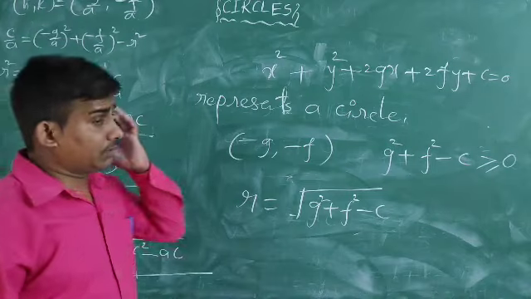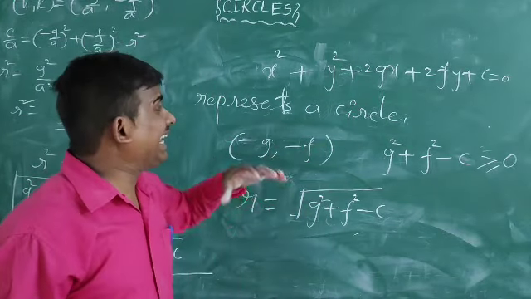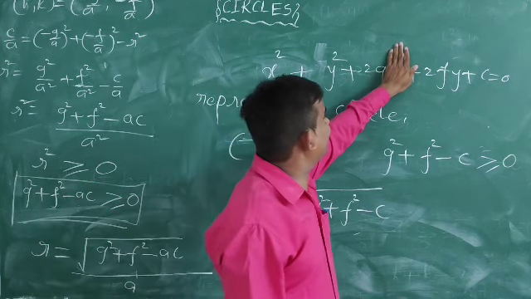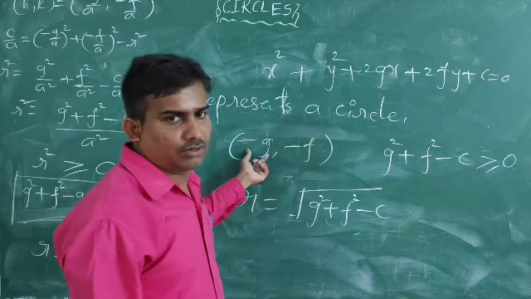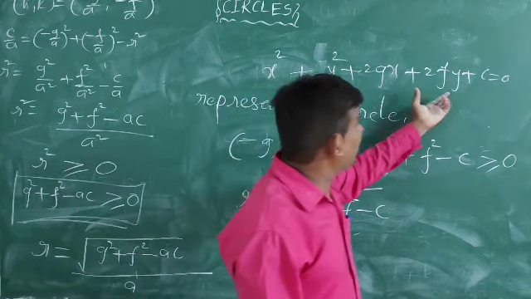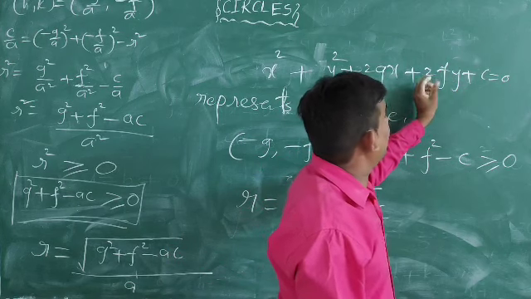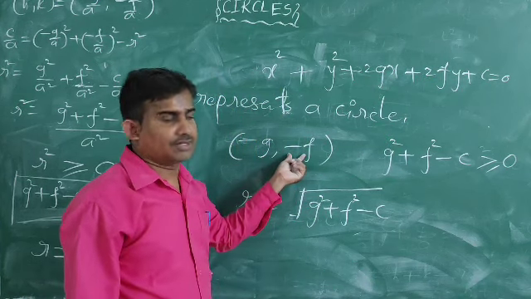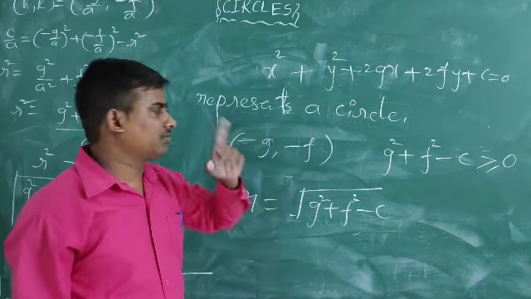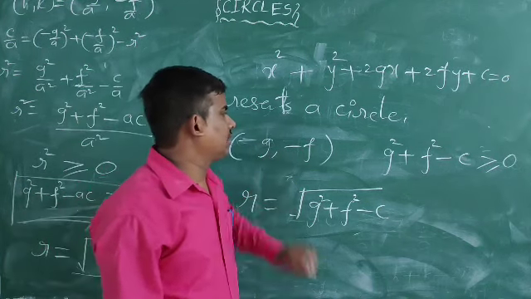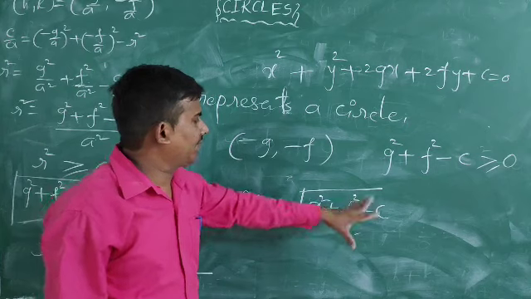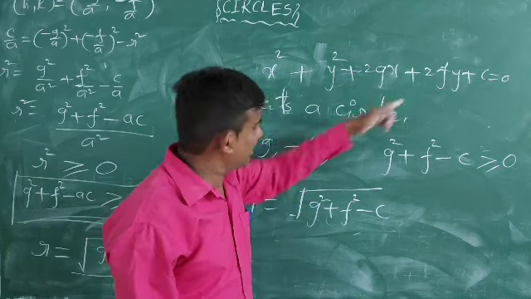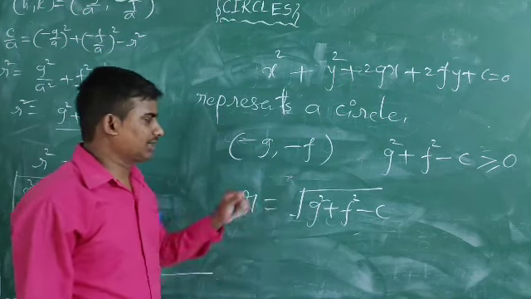So everyone, please remember, if you are given any equation in this form, then easily we may observe that half of the coefficient of x, with its negative sign, is the x coordinate of the center, and half of the coefficient of y, with its negative sign, is the y coordinate of the center: minus g, minus f. Remember, it's very, very easy if you think well. The radius is the square root of g square plus f square minus c: the squares of minus g and minus f become this, and the constant c has to be written with a minus.